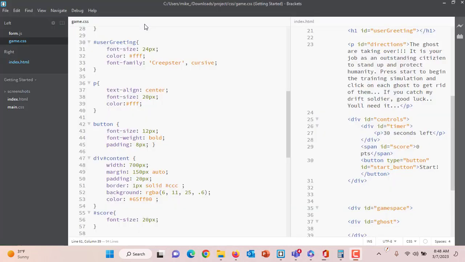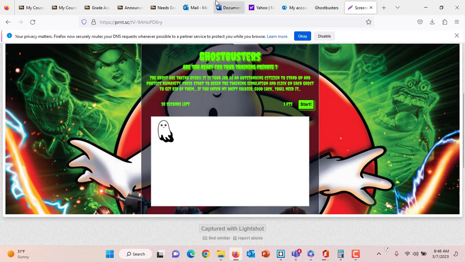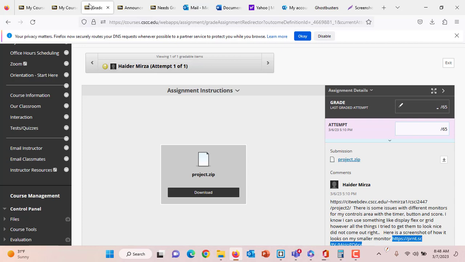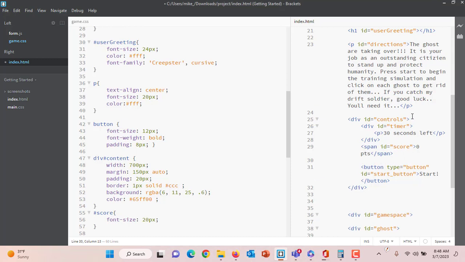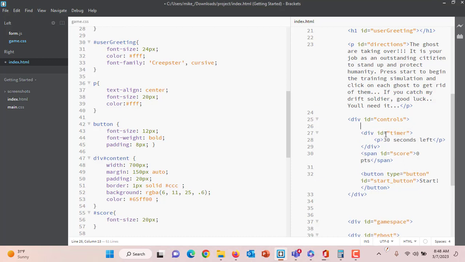But you mentioned, so it looks like you're talking about some issues with different monitors, from control areas with the timer, button, and score. I know I can use something like display flex. However, when I tried to get those things to look nice, they did not come out right. Well, one thing I would do in this regard is I would create a div tag